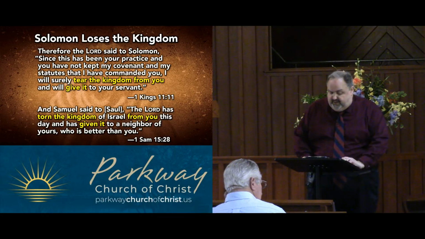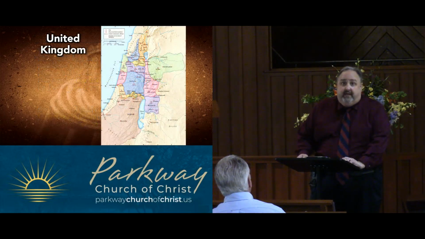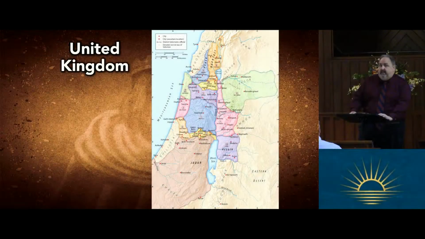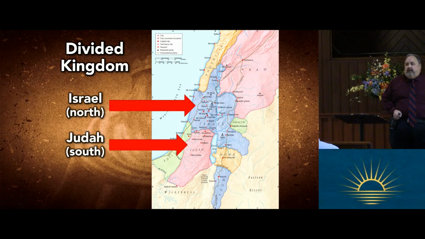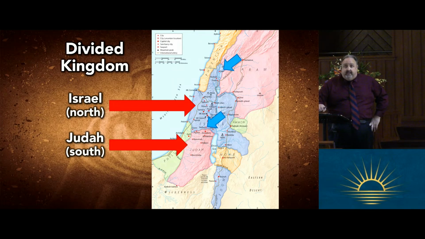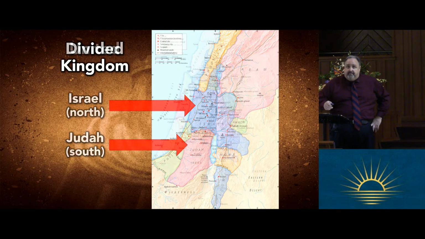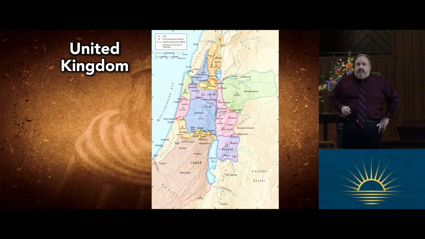This is most unfortunate for the kingdom, because what you're now going to have is a divided kingdom. Now, I've got on the screen here the United Kingdom, and it's got all these pretty colors going on. You've got Israel in the north during the days of the divided kingdom. So let me go back here a second. There's the United Kingdom, where everybody's happy and everybody's united together. Do you see the brown tribe of Judah and Jerusalem toward the north there?